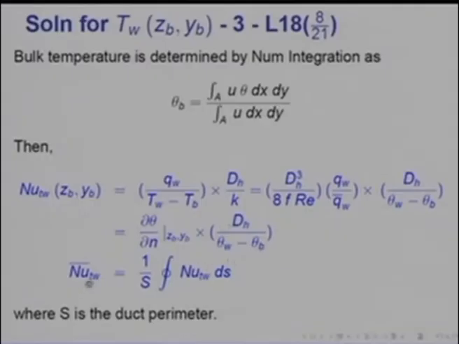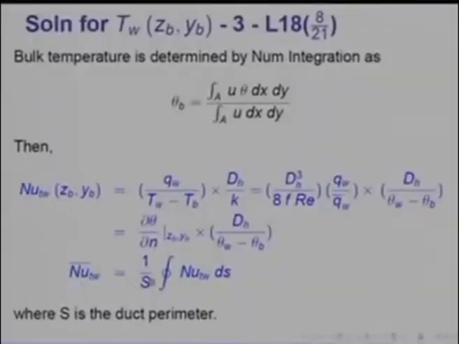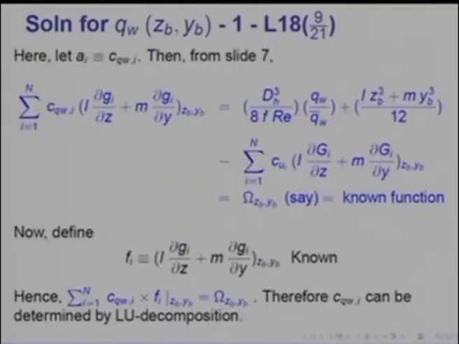And therefore, Nu T w will be varying along the duct periphery, and that quantity itself is very useful, but also useful is a quantity which is the circumferentially averaged Nusselt number, and that is what I have defined in this equation, where S is the perimeter and the line integral of Nusselt number values along the periphery have been integrated with respect to perimeter. We now turn to the